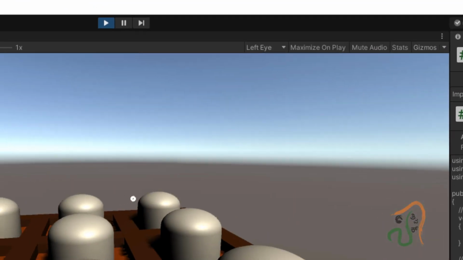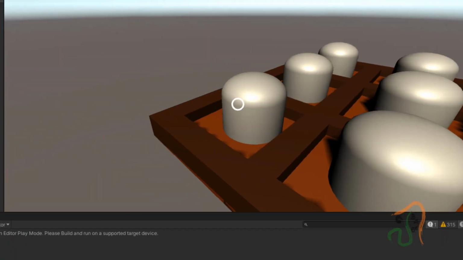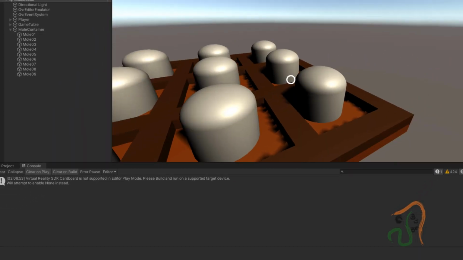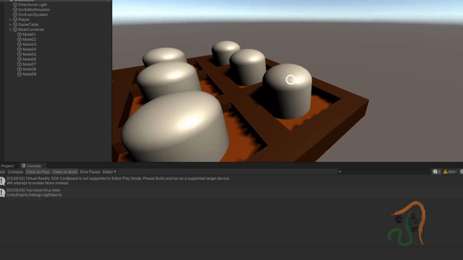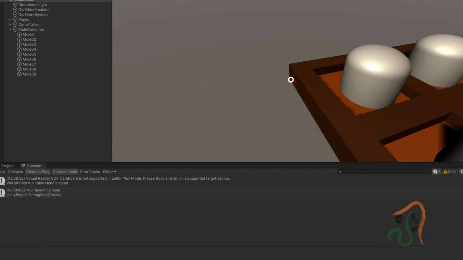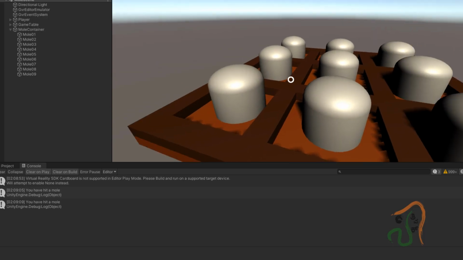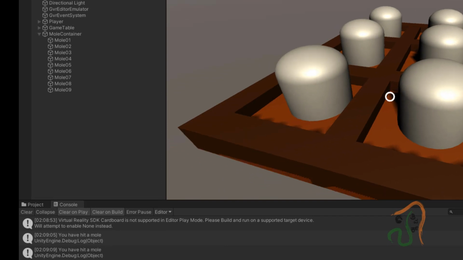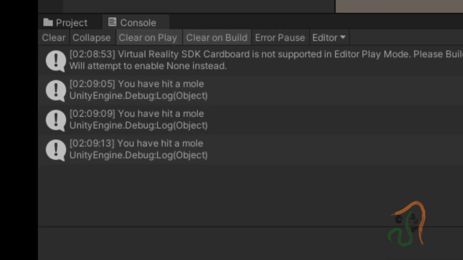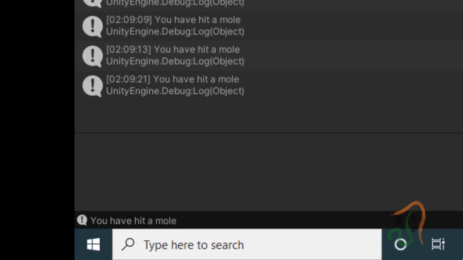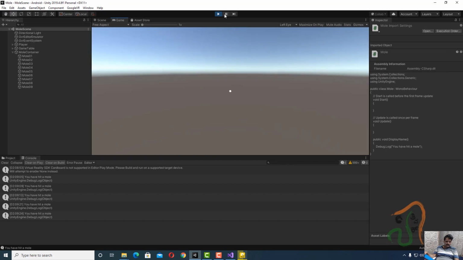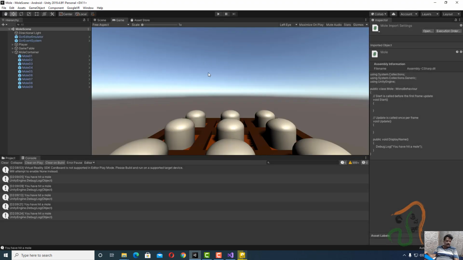Now as soon as you play it, initially there is nothing. Nothing is happening. But as you are seeing here, I'll just click on any object. It shows Unity 6. You will see Unity 3. So like this, whichever object we are hitting, whenever I hit it, you can see the message "you have hit a mole". Now the display shows the message you have hit a mole. So now after this, stop the playback and practice these things once before we continue.